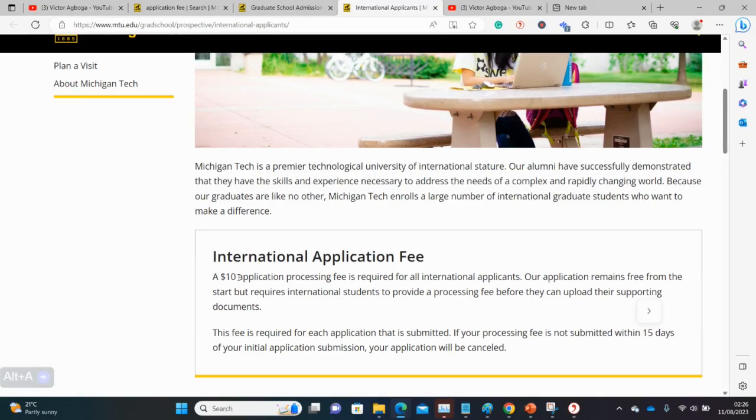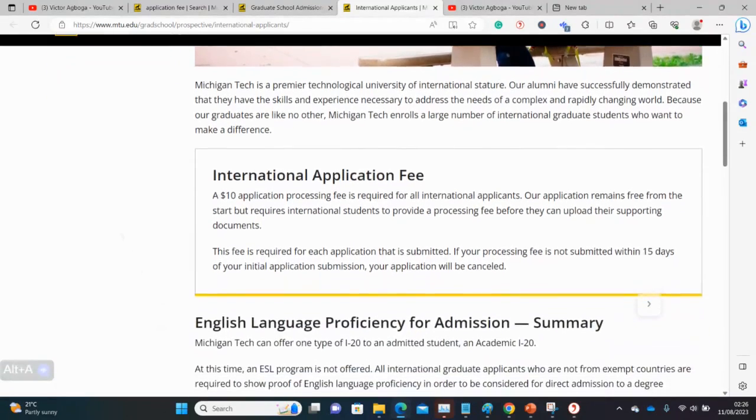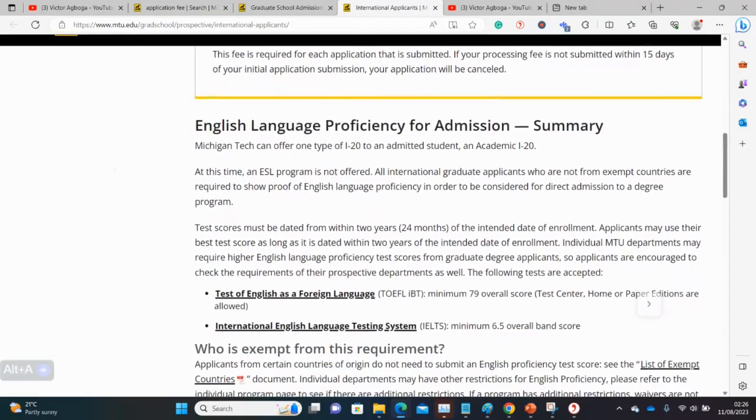Okay, so you need to pay this amount of money, $10, which is understandable. It won't tear your pocket, hopefully, for you to submit your documents. So that's good. And if you just scroll down a little, the next item is the almighty English proficiency test